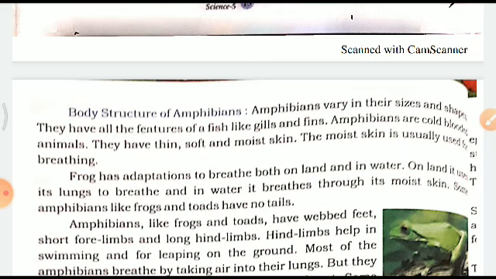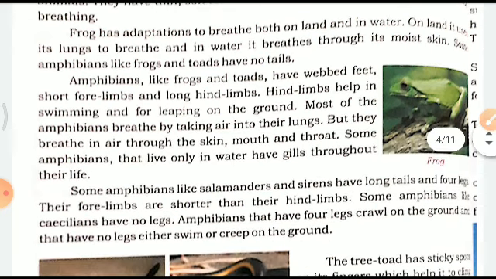Next is amphibians. Frogs and toads have webbed feet, short forelimbs, and long hind limbs. Hind limbs help in swimming and for leaping on the ground. Most of the amphibians breathe by taking air into their lungs, but they breathe in air through the skin, mouth, and throat. Some amphibians that live only in water have gills throughout their life, right? जो पानी में ही हमेशा रह जाते हैं एम्फीबियंस, उनके गिल्स ही रह जाती है। ठीक है।